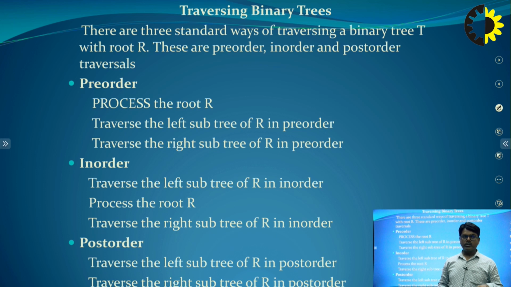So this is possible with the help of pre-order, in-order and post-order. These are the three methods. There are three standard ways of traversing a binary tree. These standards are known as pre-order, in-order and post-order. And what exactly is the pre-order